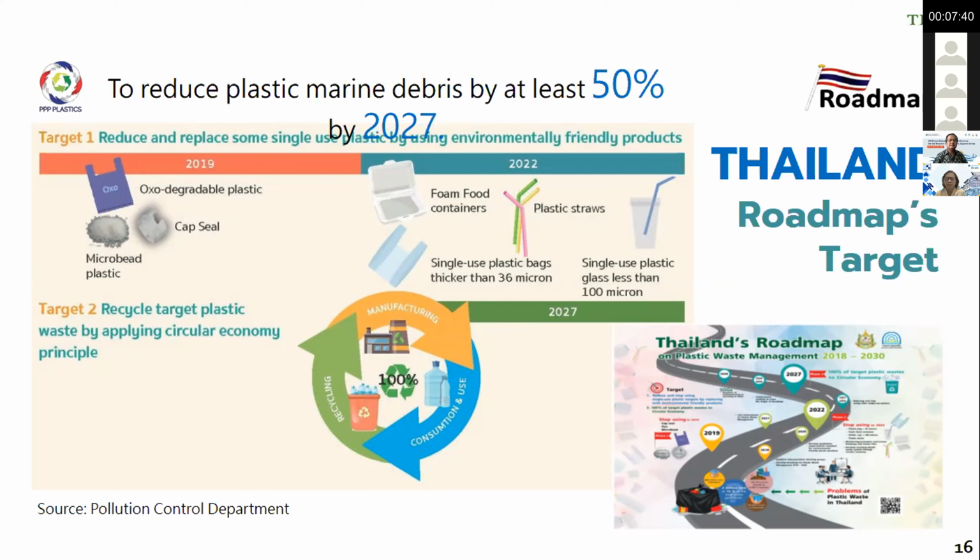Other single-use plastics will be banned in the year 2022, including styrofoam food containers, plastic straws, single-use plastic bags thinner than 36 microns, and single-use plastic cups thinner than 100 microns. Target 2 is to recycle target plastic waste by applying circular economy principles at 100% by